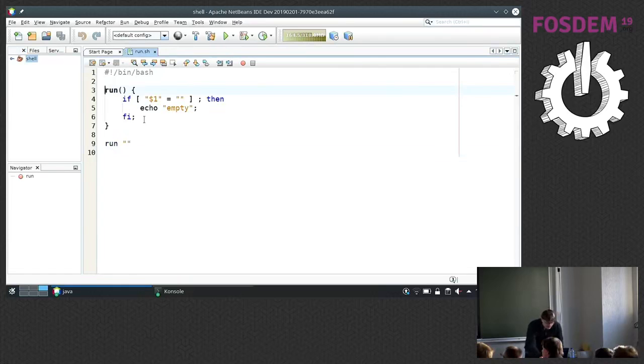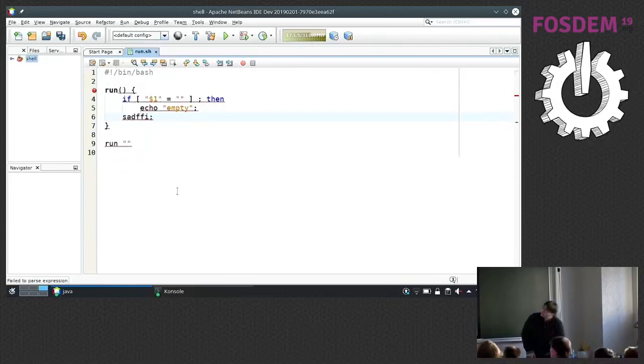If we break the code, we get some errors from the server that we show. And yeah, you notice that there is syntax highlighting that's actually using a grammar from Visual Studio Code, the TextMate grammar.